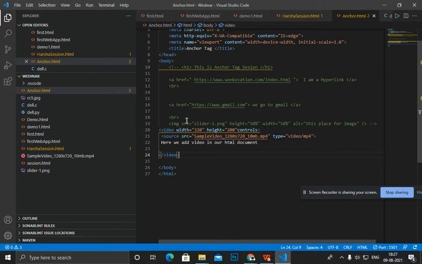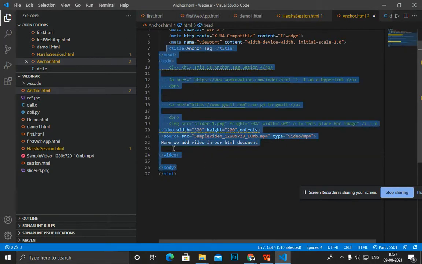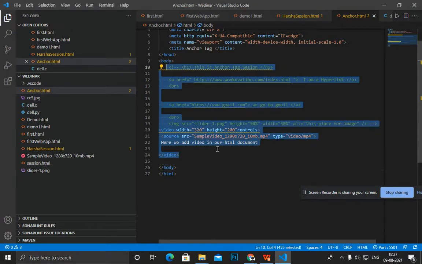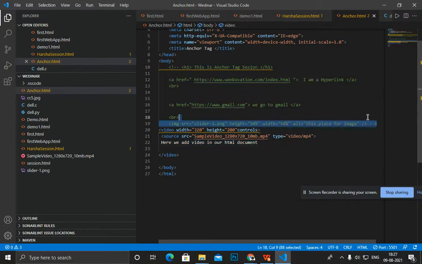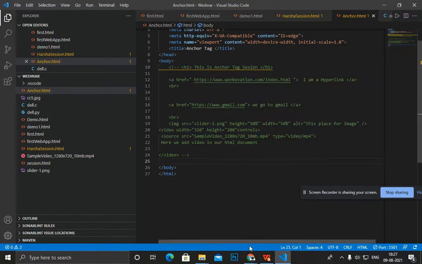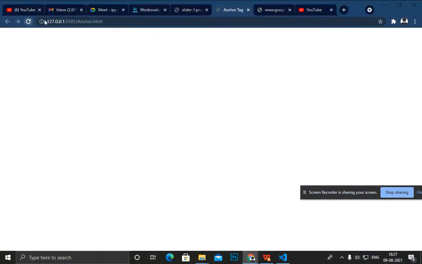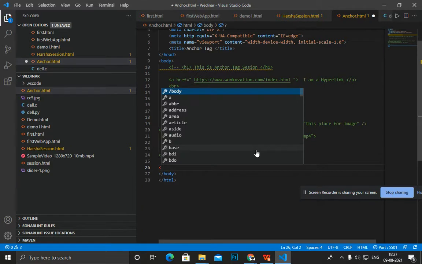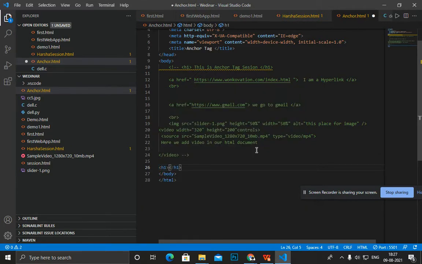Okay. So now, firstly, I will comment all this here. Just a minute. Control Z. Firstly, I uncomment this. After that, I comment all this. And here you see I have nothing else. So here, firstly, we make one small project. In my project, I write a heading.